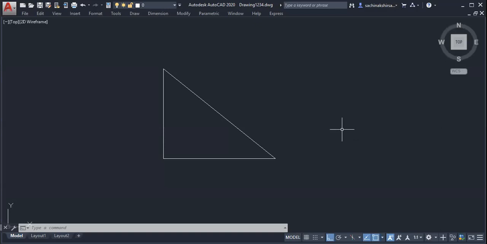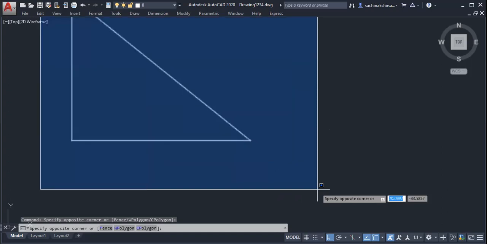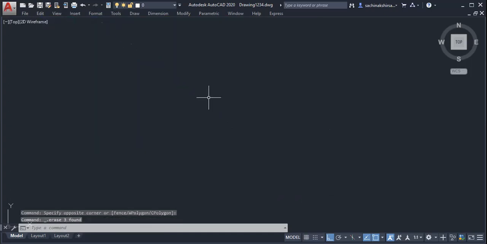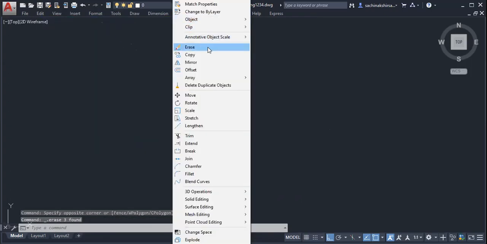And when we give a minus angle, the object rotates in the clockwise direction. Very good. That we have to remember. That is a little opposite thing. So in the rotate command, about which point you want to rotate is important. That is the base point. Any point you can select on the object while rotating the object.